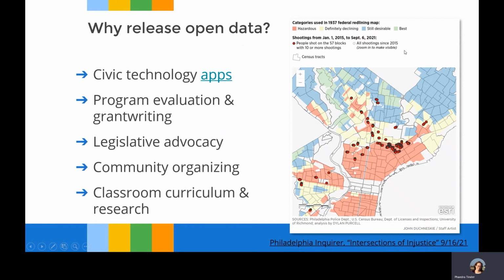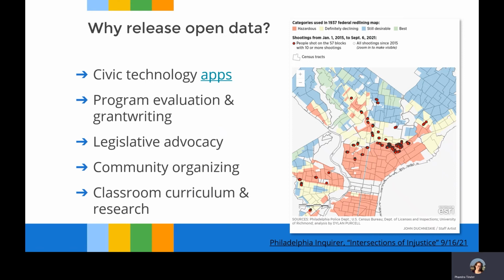This is a map that was made by the Philadelphia Inquirer this September that uses open data on shootings that have happened in the city. Very serious issue, of course. And that is another one of the